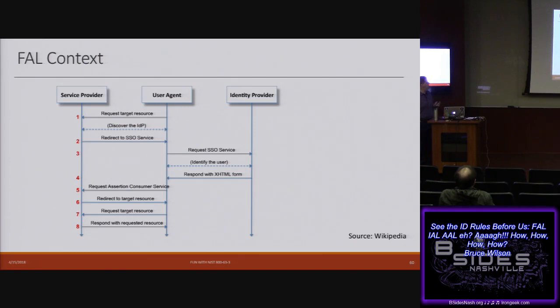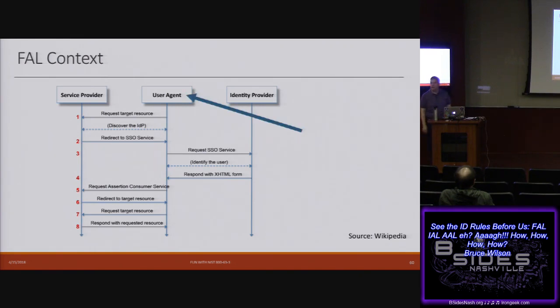This is the Wikipedia article that describes SAML. And you can see a whole bunch of bouncing back and forth. I have an identity provider, I have a service provider, I have the user's agent. Notice what is happening here. The identity provider is talking to the user's agent. The user's agent is talking to the service provider. The identity provider never talks to the service provider in a common arrangement. Yes, there is something called artifact binding where that happens.